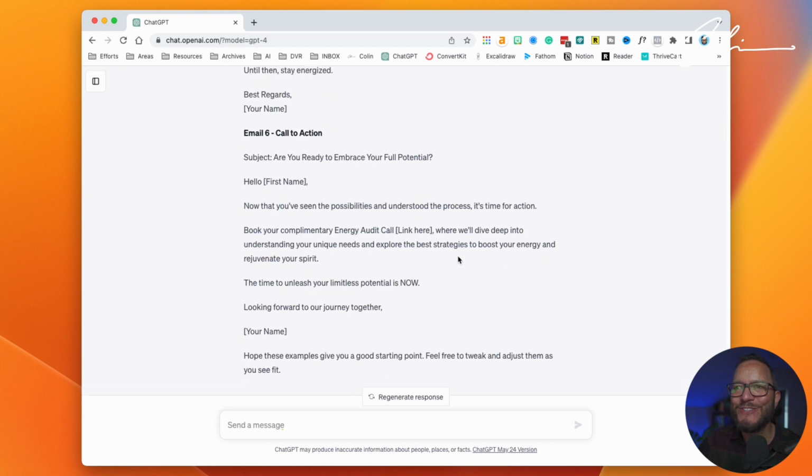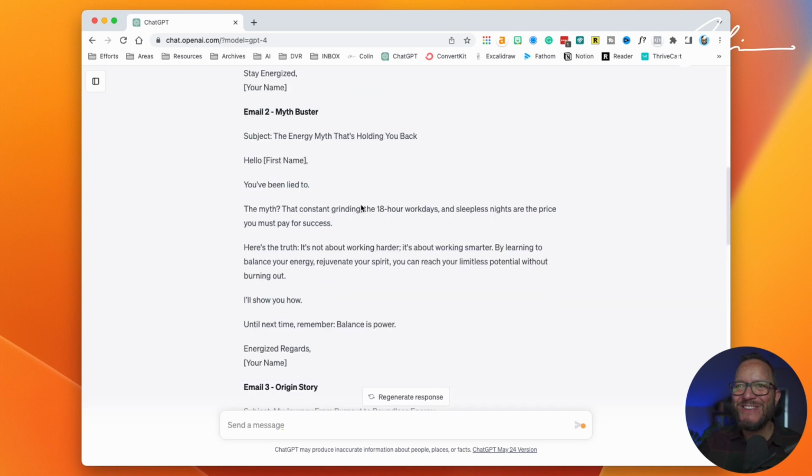And then the final one, call to action. Ready to do it? So here, look, you can amend this, right? This is a starter. So if we didn't have an energy audit, but we had a paid masterclass, we had an ebook, something that we want to link somebody to as part of our value ladder, our first paid service or product, you can modify this. So we are trying to sell, as our call to action, a X. Rewrite the call to action email so that it encourages them to check that out and to convert and to buy. How cool is that, right?